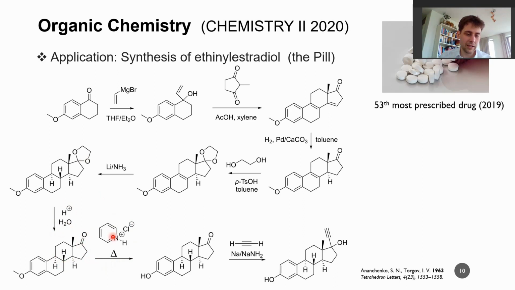We are using again here this pyridine based acid to deprotect our alcohol here at the end. We first have a methoxy group, and this can also get opened up to the alcohol, because the alcohol is actually part of the molecule in the end. So, and this is then the estrone molecule that's also already active in the human body, and we can further functionalize this by using an alkyne component,